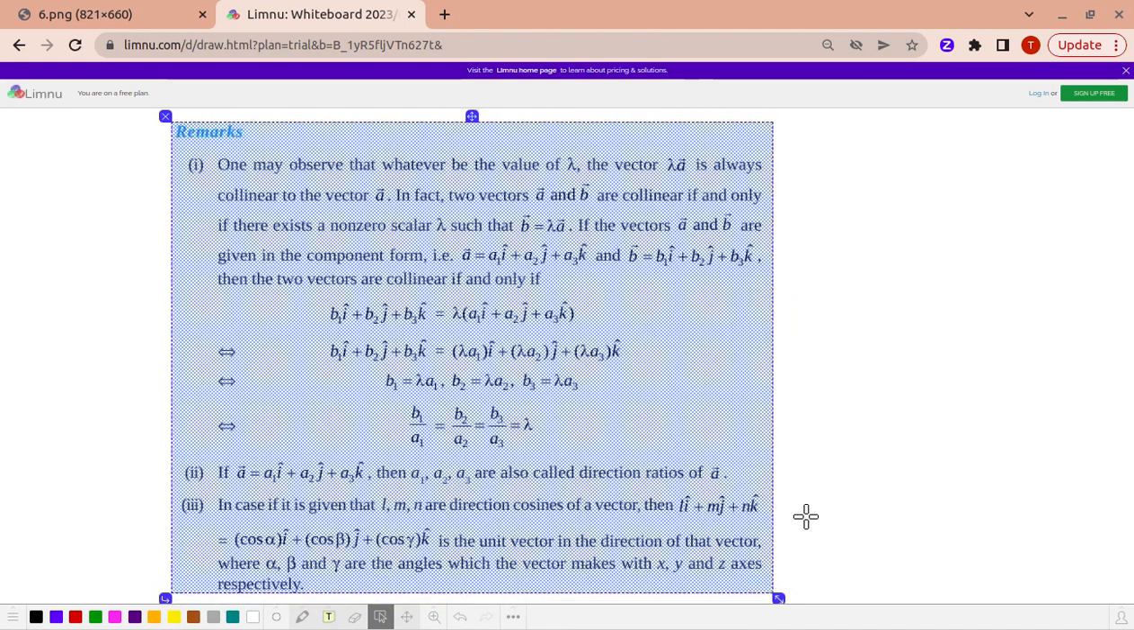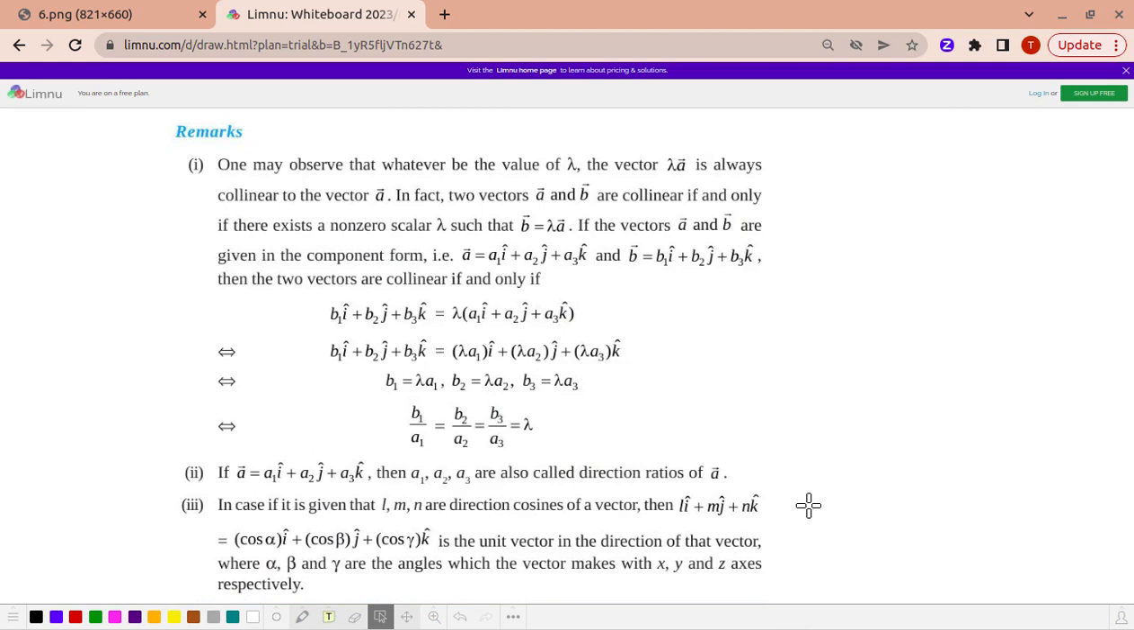Obviously, we have learned in the previous session that the vector A and vector kA are parallel to each other. It is just k times the vector A. kA is a vector whose magnitude is k times that of the vector A. So what I am saying is that